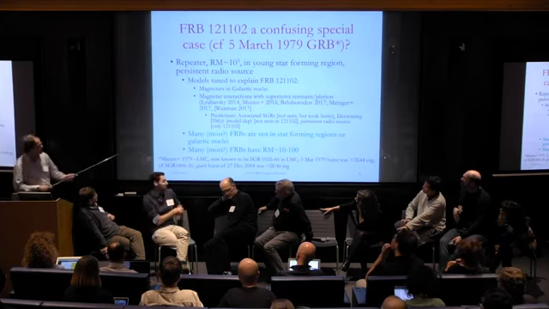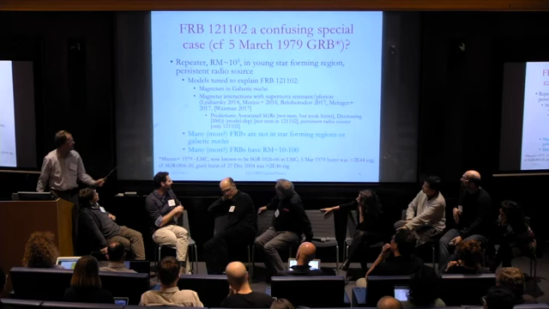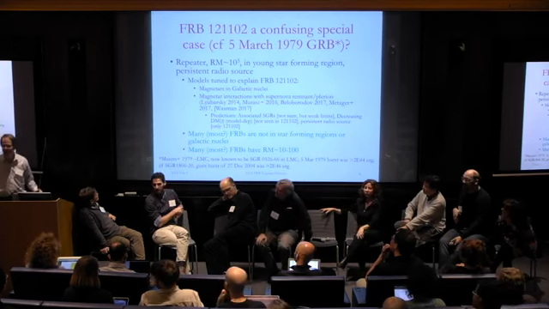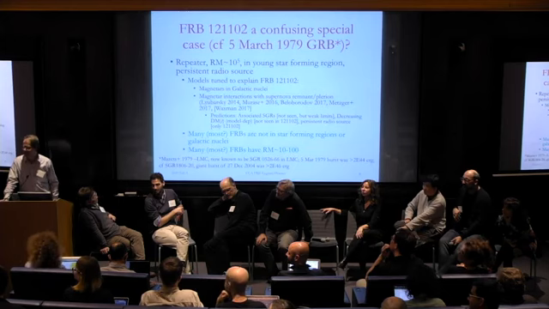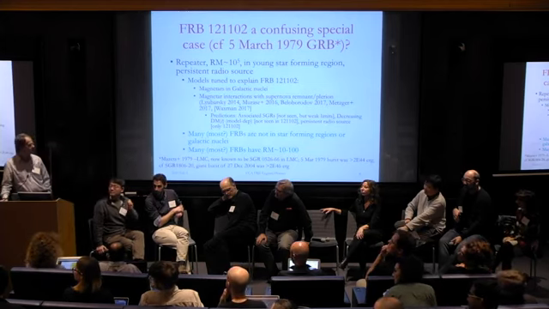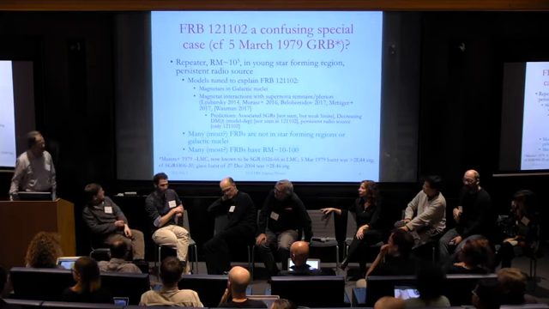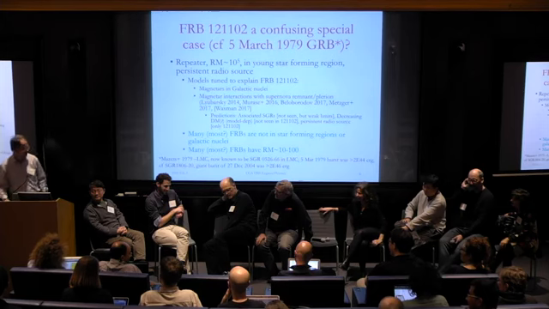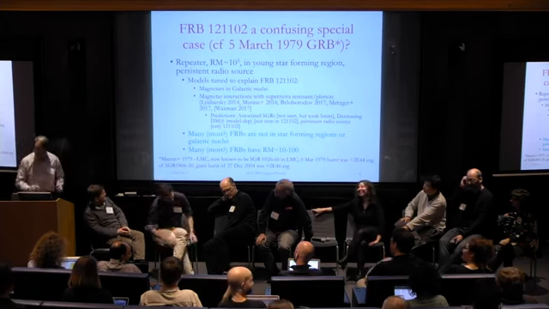So I'm still confused now about whether FRBs are or are not in star-forming galaxies. I think it seems to be evolving. They are for sure. They're both. They're in any type of galaxy you know about. Okay, so they're not all in star-forming, and they're not all not in star-forming is acceptable. Okay, so we're making progress here. Good.